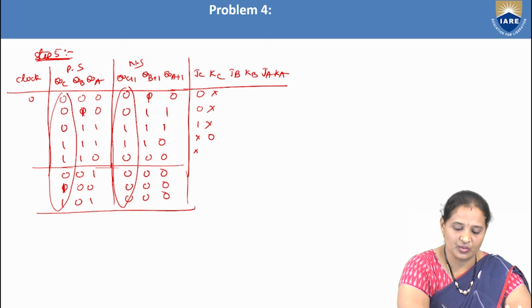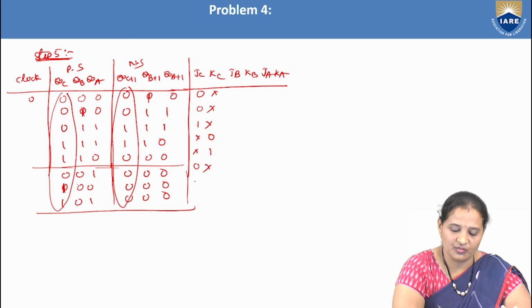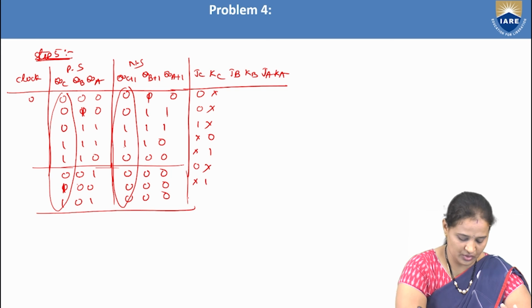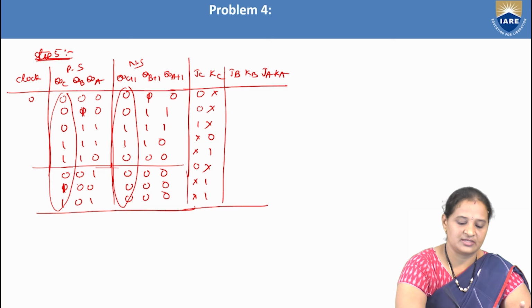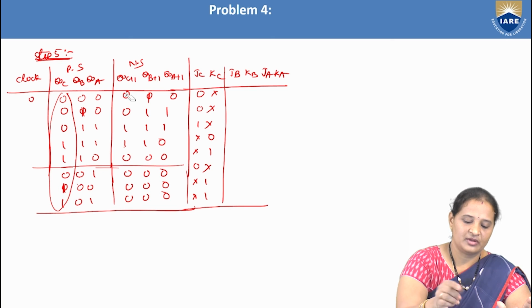1, 0, don't care, 1. Next 0, 0, 0, don't care. 1, 0, don't care, 1. Okay, don't care 1, and 1, 0, don't care 1. Okay, next up. Now let us consider the